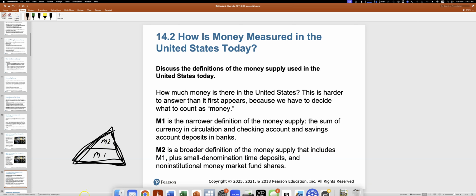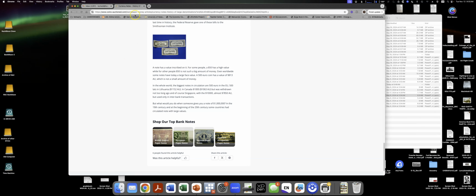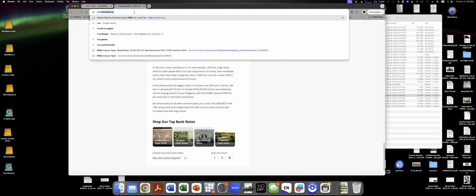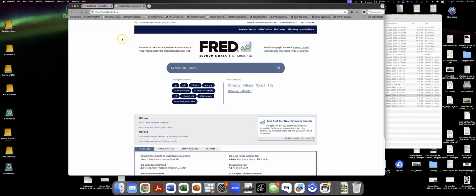Now, to find out how much there is, fortunately, this is pretty easy. We can go on the Federal Reserve Economic Database website and look at that. Even if we look at trending search terms, which say quite a bit about us, we could just click on M2. Now look at this. When you're trying to think of how cool this class is, you now understand most of these trending search terms. In fact, you should understand all of them. This is the last one. And that's quite an accomplishment.